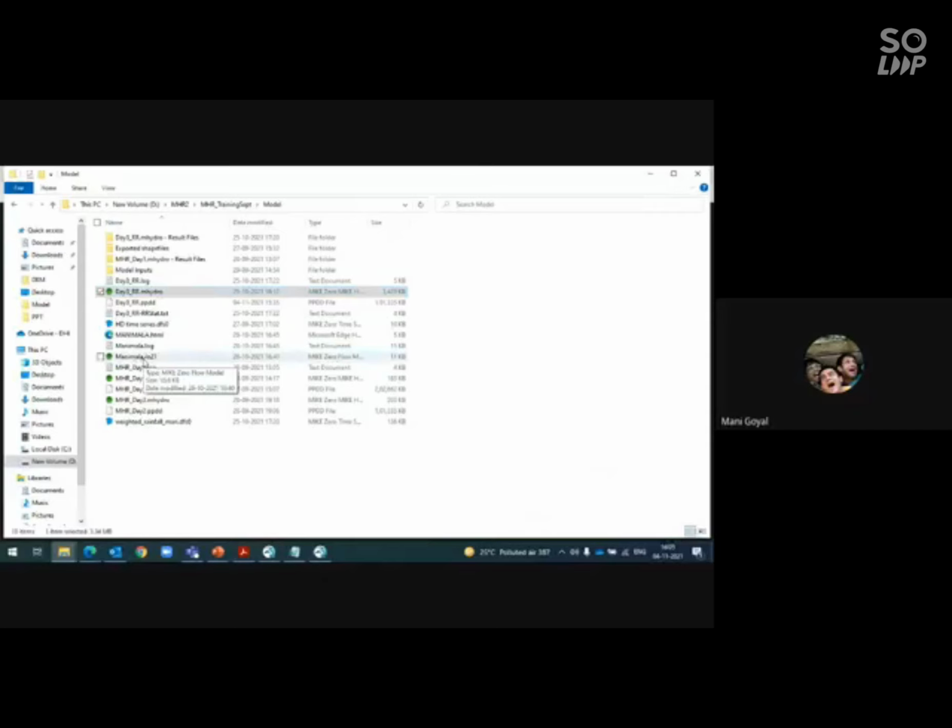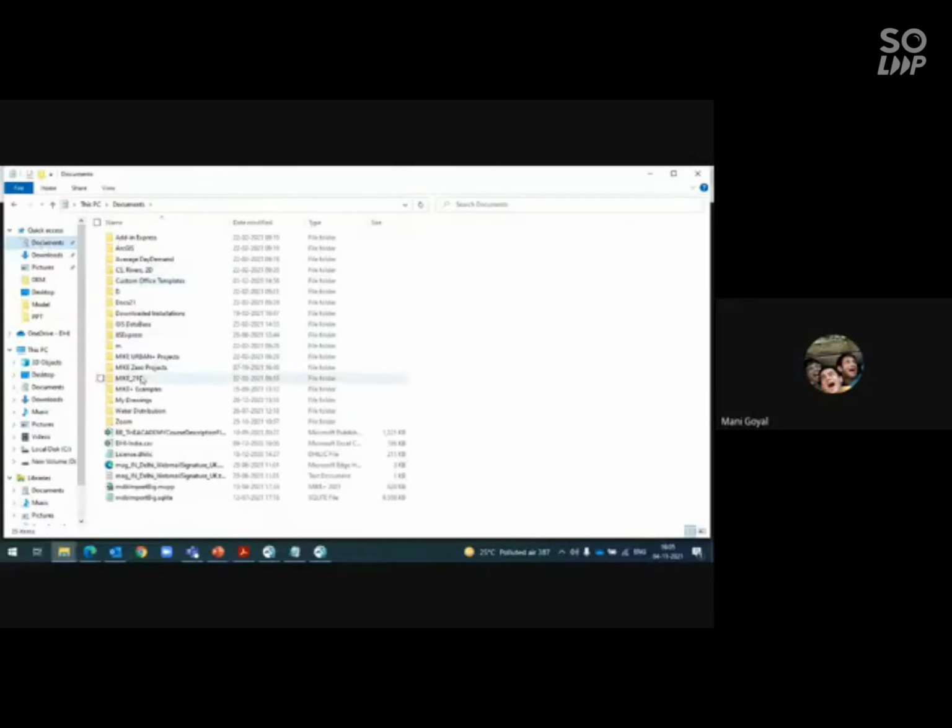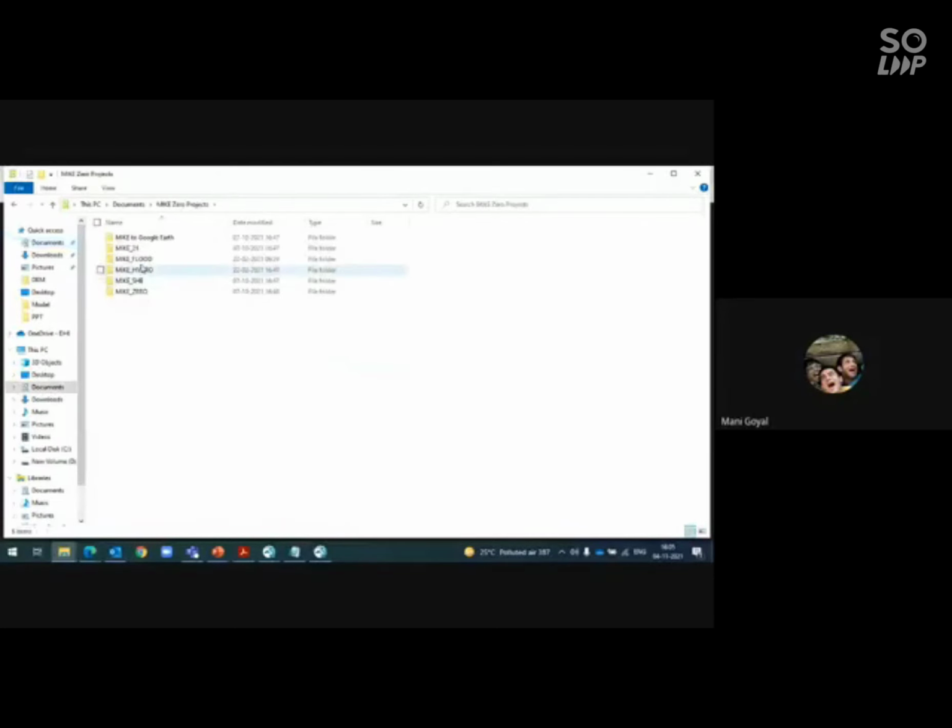I have prepared one MIKE HYDRO model and one rectangular grid model, .m21, but I will show you one of the installed examples. So MIKE 0, yes, MIKE FLOOD. There are various linking options and this three-way flooding that includes your urban. I'll go through this only. If I can open this.